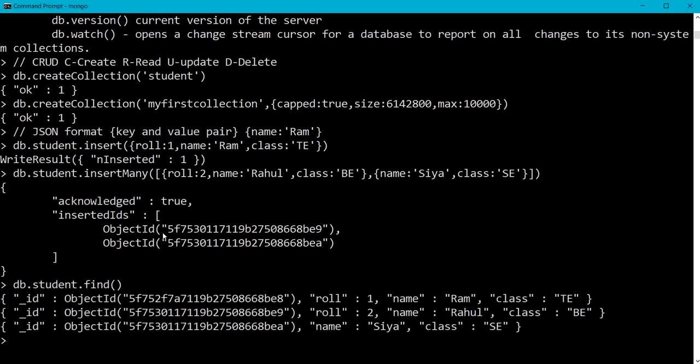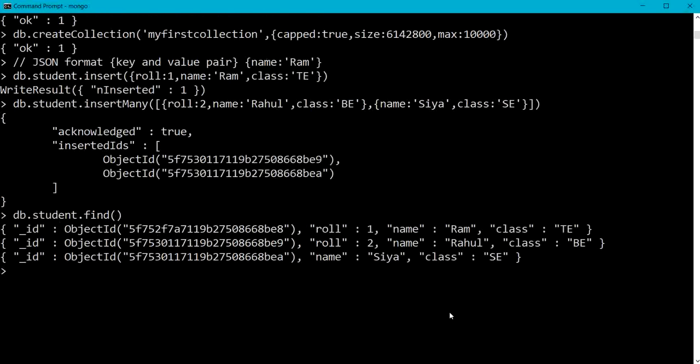So here I have got all the documents we have created in the student collection. This is roll number 1, name and class. I will explain this underscore id field later, after learning a variation of the insert method.